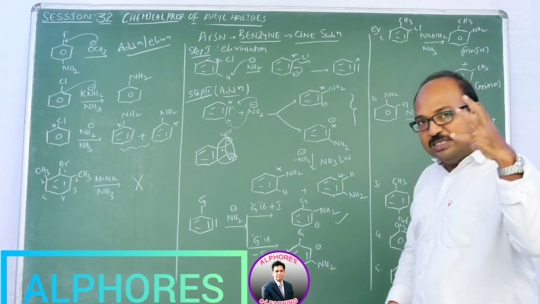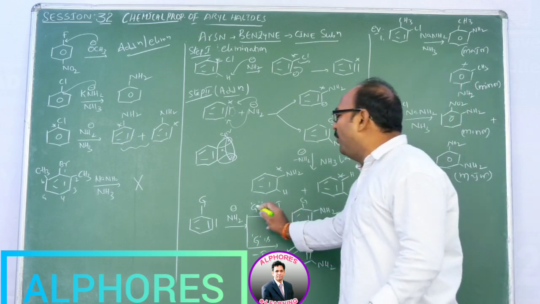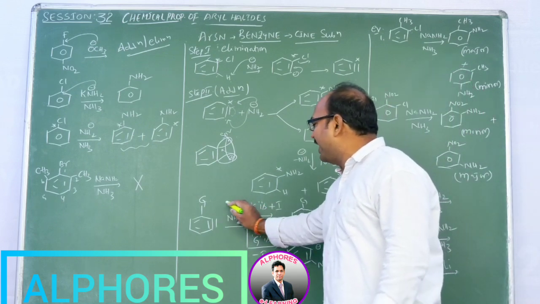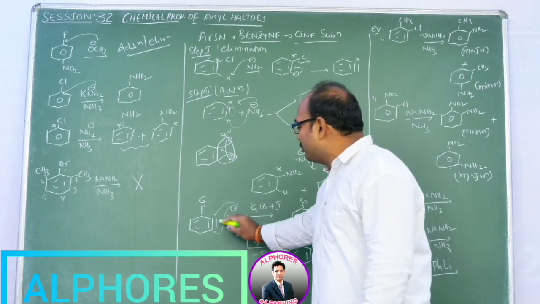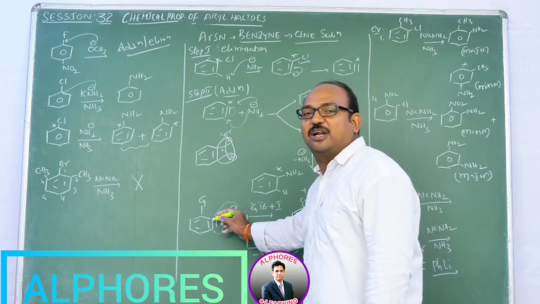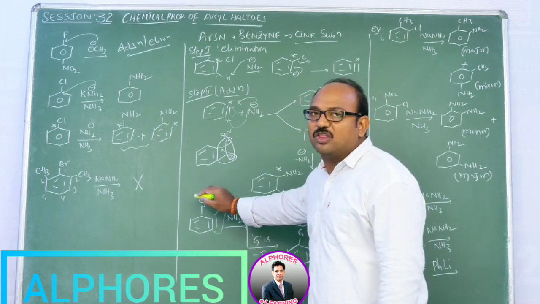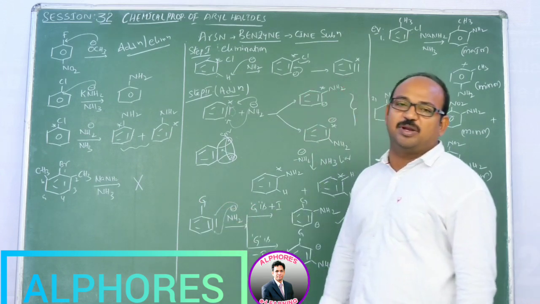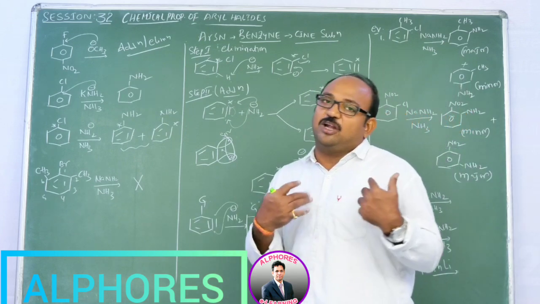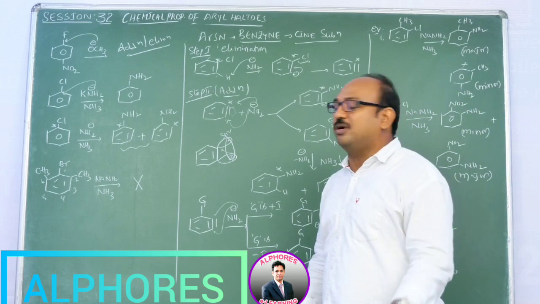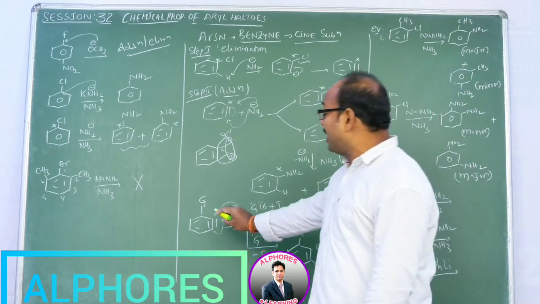When G is plus I, meaning an electron releasing group, there is a scope for NH2 minus to attack either this carbon or this carbon. Suppose this NH2 minus attacks this carbon, these pi electrons will be shifted towards this carbon, which is nothing but ortho with respect to the G containing carbon, meaning the electron releasing group containing carbon. Then, being an electron releasing group, it releases electrons and destabilizes this carbanion. Remember that. It destabilizes the carbanion.